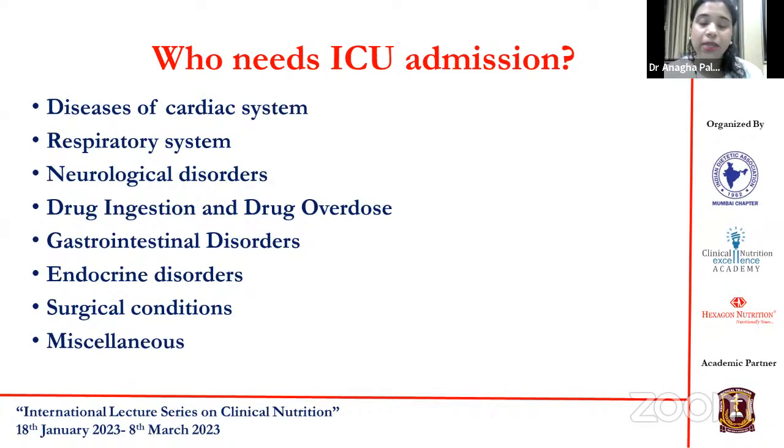Neurological disorders can be something like acute stroke, or it could be an autoimmune disorder of the neurological system such as Guillain-Barré syndrome, where the patient requires ventilator support, or it could be viral meningitis, or a hemorrhage. Drug ingestion or drug overdose or poison ingestion, something like a snake bite or drowning may